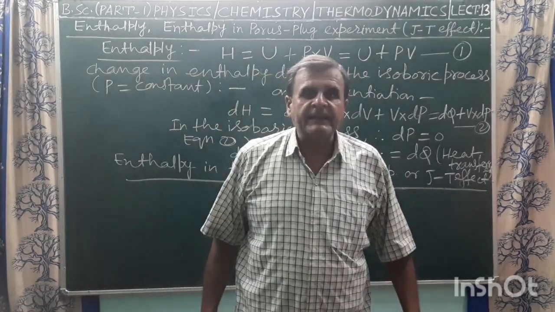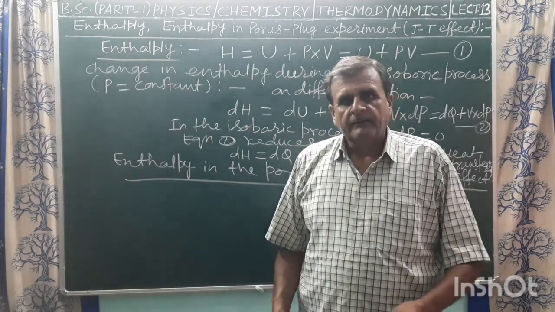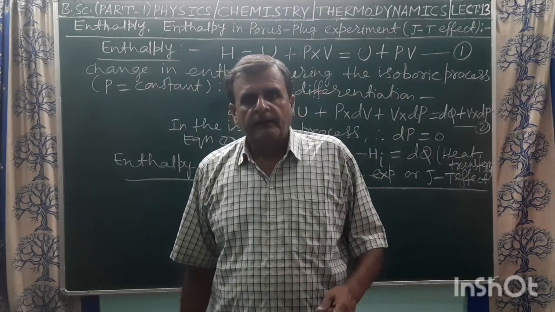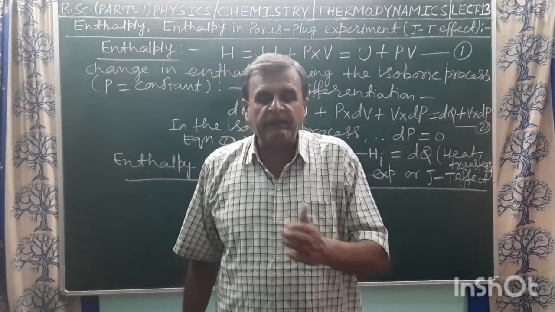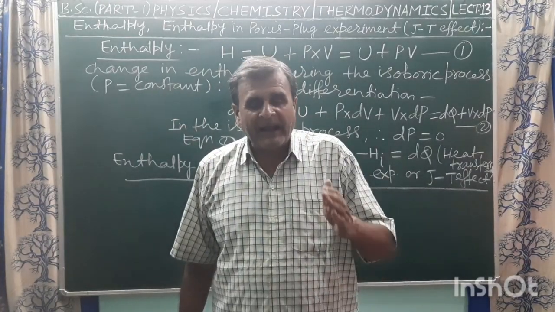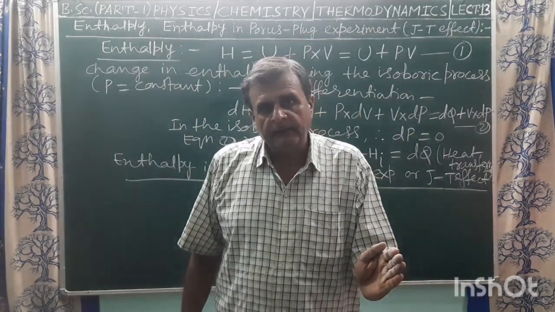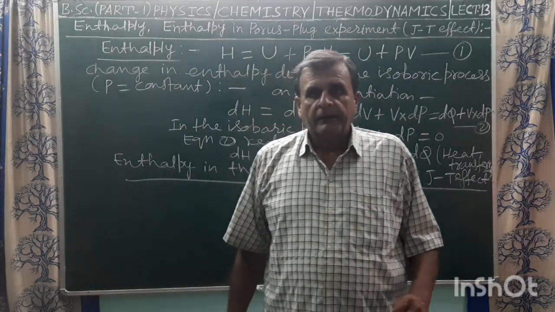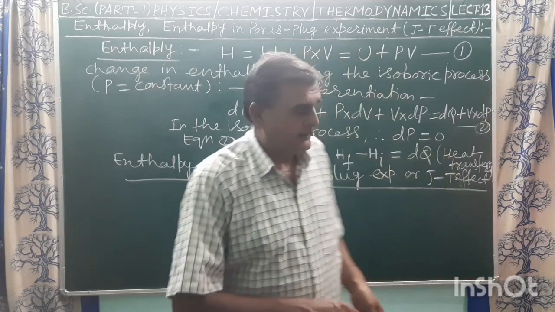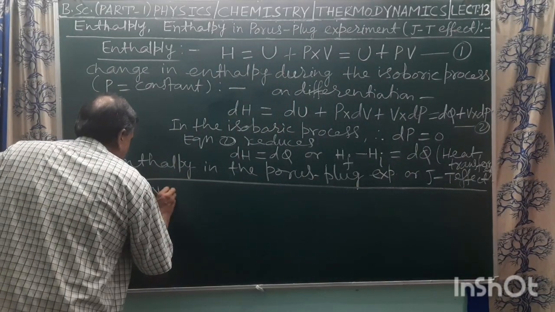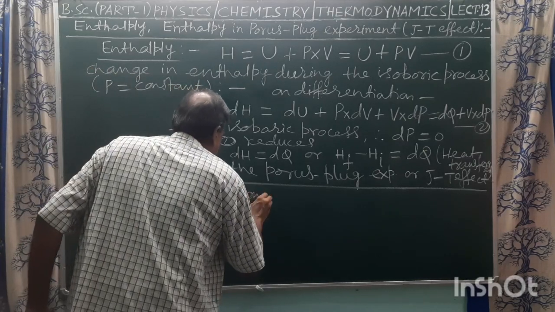Let Pi and Vi be the pressure and volume of a gas initially, that is before passing the porous plug, while Pf and Vf are the final pressure and final volume of the gas after passing the porous plug. So net work done by the gas, that is by the system,